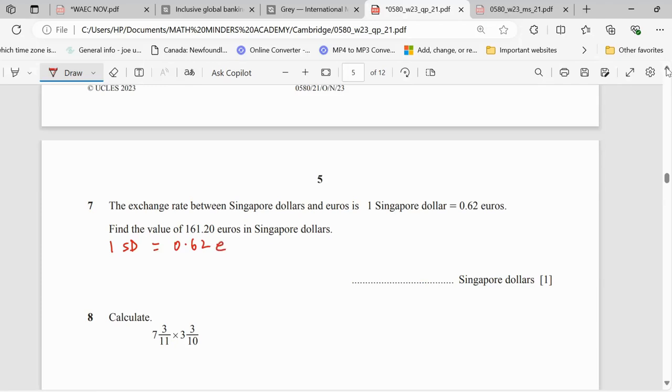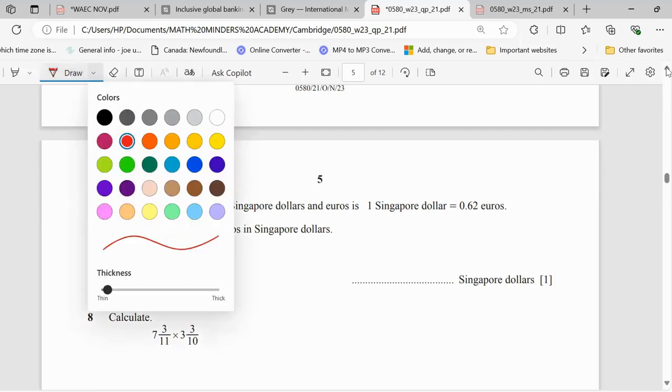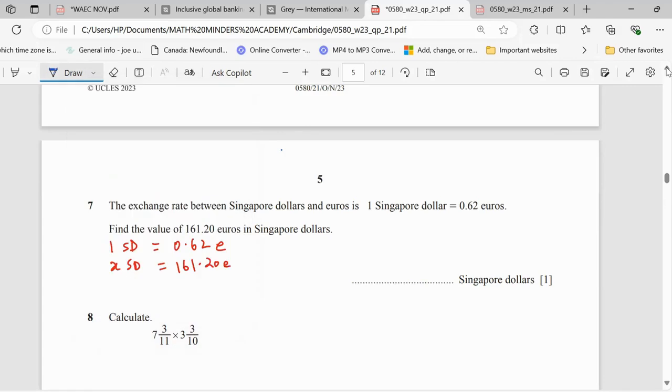Then we don't know the number of Singapore dollars that will give us 161.20 euro. So we are going to handle this like the way we handle fractions. So let's put division here. This is the same thing as saying 1 over x is equal to 0.62 all over